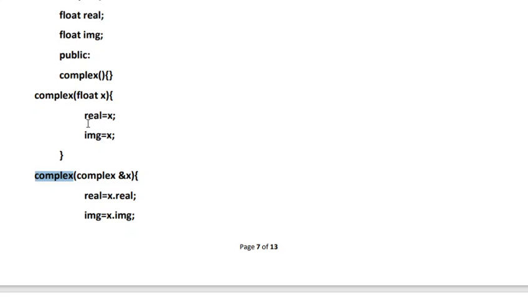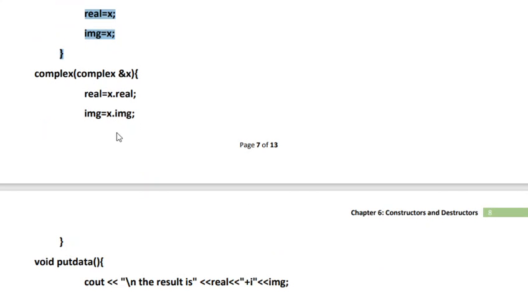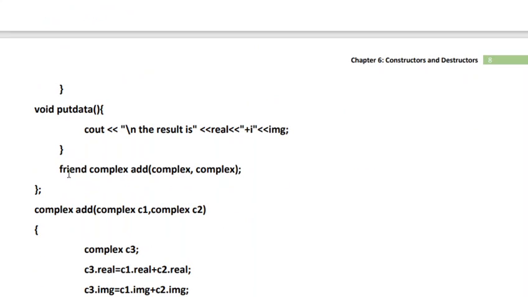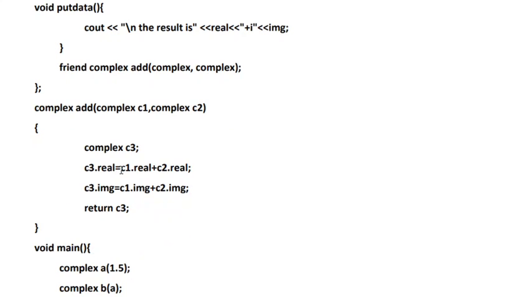Right. So here, using the parameterized constructor, I'm initializing the values of the real and imaginary parts belonging to a particular object, right? Again, here I'm placing the same value. And then to a constructor, I'm passing the reference to a variable, and using that reference I'm initializing the real and imaginary parts of some other object, right? Then I have a function called put data, that will put the result into the output stream, and I have a friend function